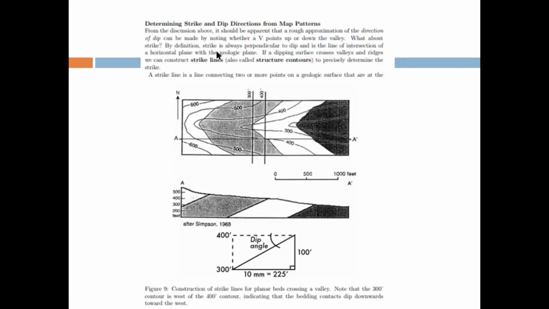So you can see that we have contour lines: 500 contour, 400 contour, 300 contour, 200 contour, and all these contour lines are actually the lines of elevation. They don't show you anything about geology. Okay, remember. And this pattern that you see, the light gray pattern and the darker pattern, is actually the geology of the area.